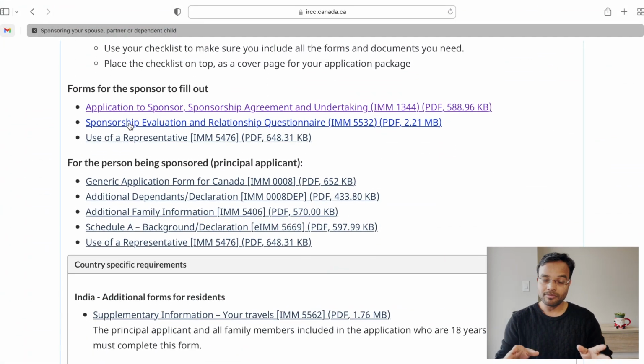So let's talk about the forms that a sponsor needs to fill in. There are 3 forms the system shows are applicable for a sponsor. Now these forms are mandatory and everyone who is sponsoring needs to fill them out. One of the 3 forms which is most important in this application set is the use of a representative. If you're not hiring an agent, I would strongly recommend that the sponsor fill out this form called use of a representative. This way, the sponsor can become the representative of the applicant. By this, the sponsor can call up IRCC or can send out emails to IRCC to inquire on the application progress. If you are hiring an agent, your agent becomes your representative.